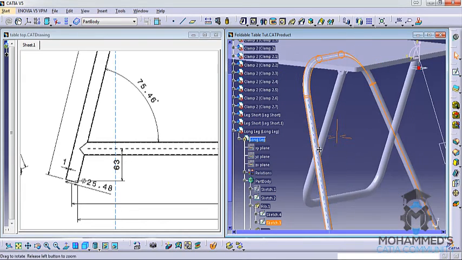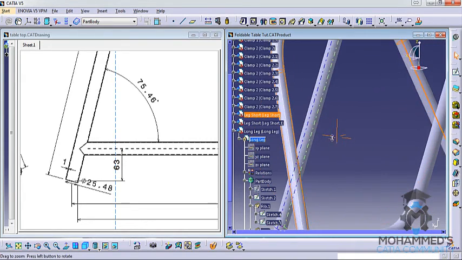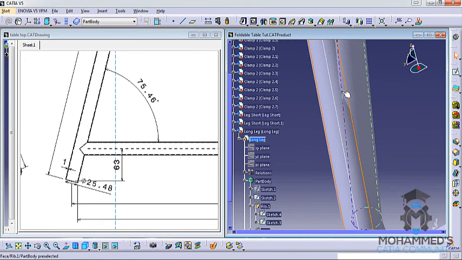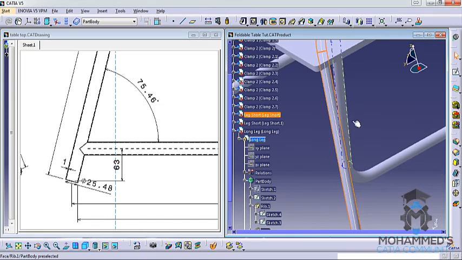And in the next tutorial I will just show you where exactly you need to put holes. So before that I think I need to do a little bit of modification on this. We will see that in the next